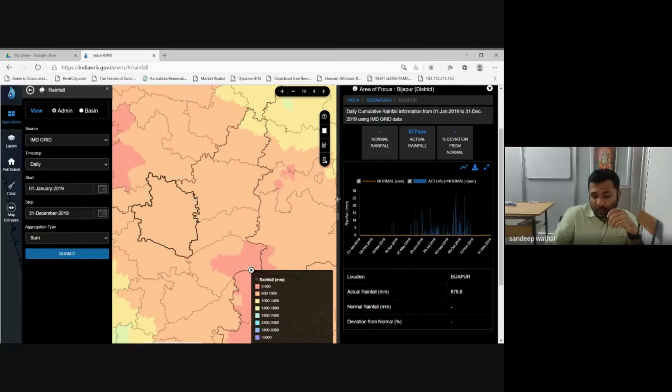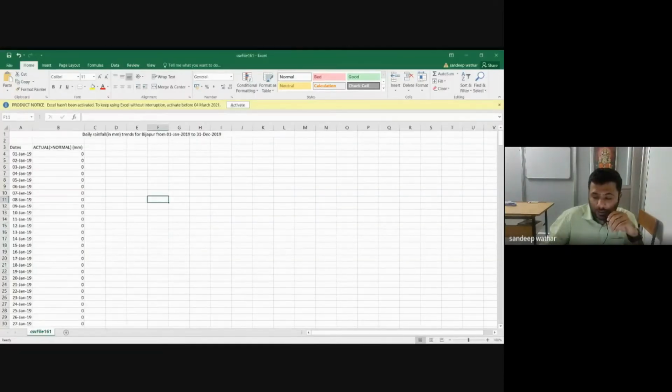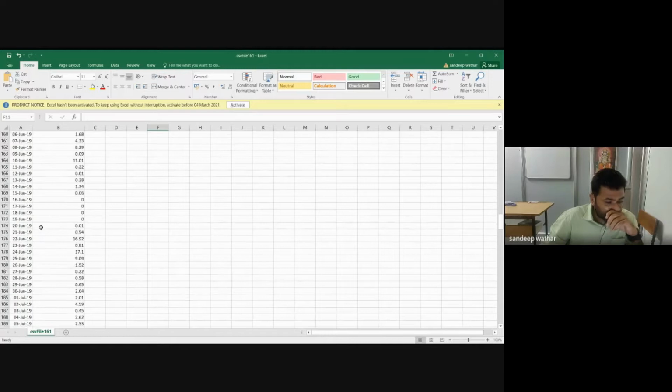Here what he has used is the total rainfall of any given date. Okay, I won't be doing the same thing in my case. I'll be doing something different. So see here, CSV is an Excel file, PDF. All of you know it's a PDF file. Okay, so I'll download the CSV file. Right now, you see in this Excel file, I'll just show you the data of this entire year, which is 2019.